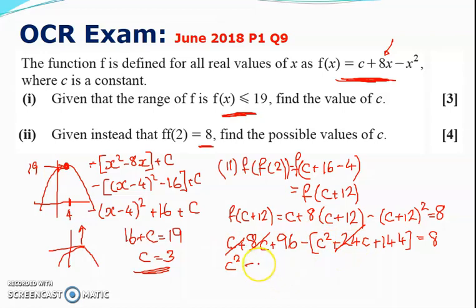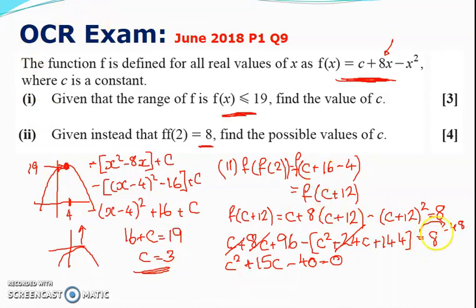I reckon that's minus 15c. And when I move it over, I think I get plus 15c. Is that right? 9 minus 24 is minus 15c, yes. And then I've got 96 minus 144, which sounds to me like minus 48. And if I move minus 48 over, I've already got 8 over there, I think I get minus 40 equals 0. So,